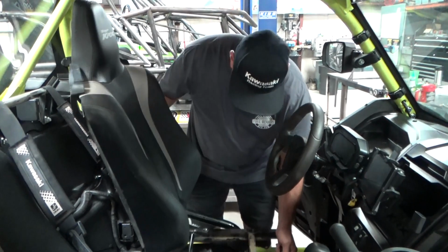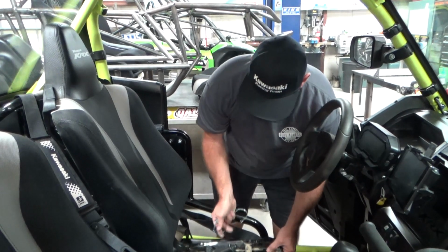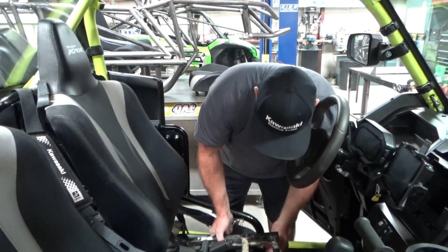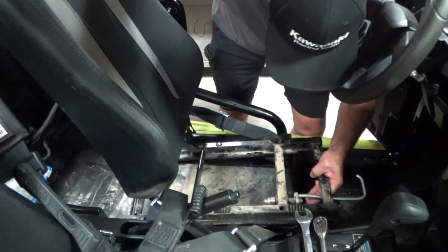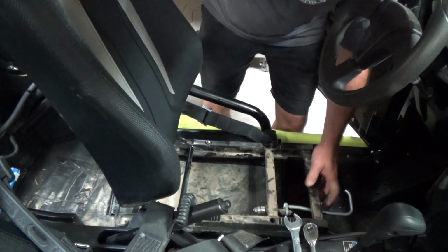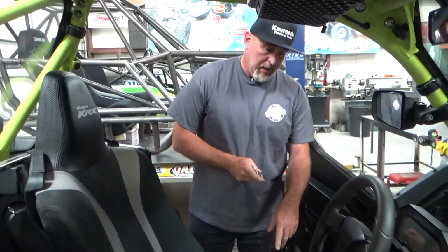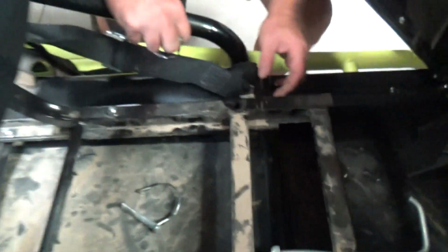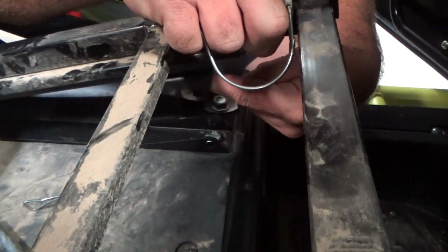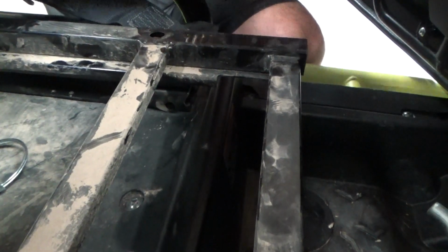Back in the seat. And like I said too, these things will slide apart from left to right on the rails. It's really a horrible design they did. So this kit should address it once you get it there. So the brackets that are on the seat itself, these up here, are going to go to the outside of these ones. So pretty much I'm going to slide it over, take my pin,